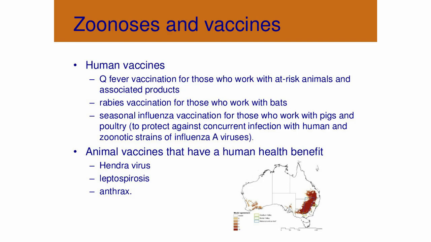But again, as a health and safety inspector, I'm finding a low level of awareness among pig and poultry producers and workers about seasonal vaccination of their workers. And now some vaccines have a human health benefit in that by preventing animals from becoming infected, the spread of infection to people can be minimized. This includes Hendra vaccination of horses, Leptospirosis vaccination of cattle and pigs, and anthrax vaccination of sheep, cattle, and pigs